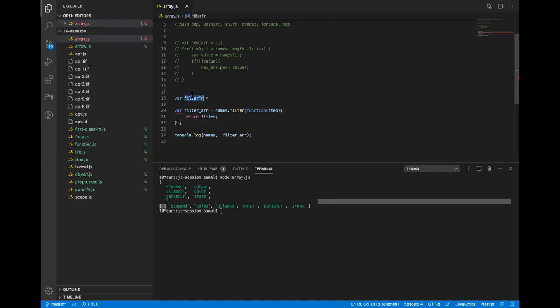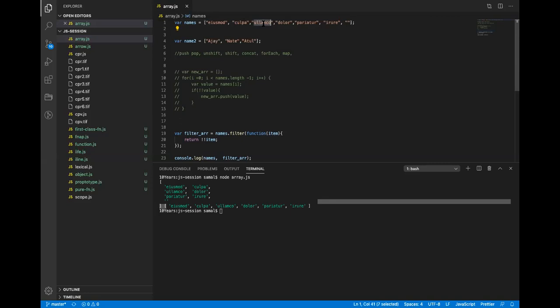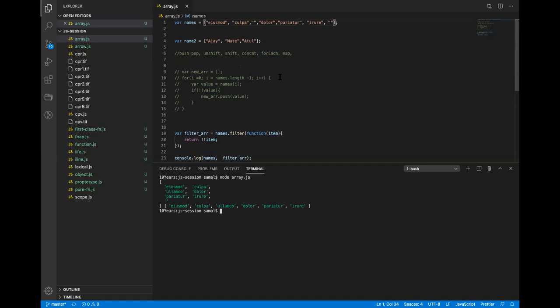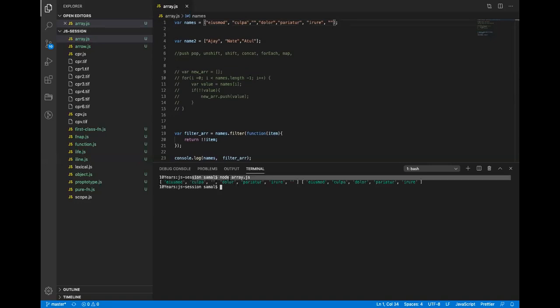So this filter, again, we use very heavily just to filter out data from the array items, so that let's say if you have an array which is receiving a lot of empty values, we can remove and filter out those empty values. Okay, so now if I run this again, because there are two items which are basically empty, it filters out those two items. So here is the original value, but then there is the new one.